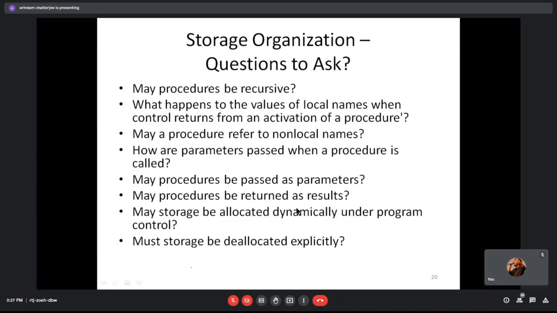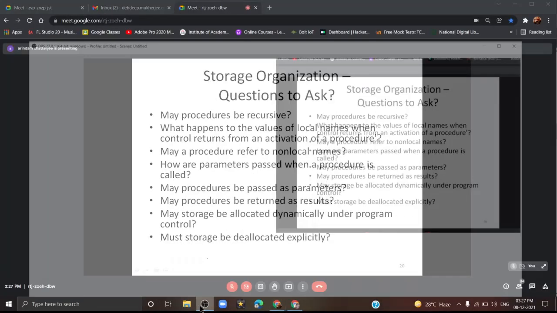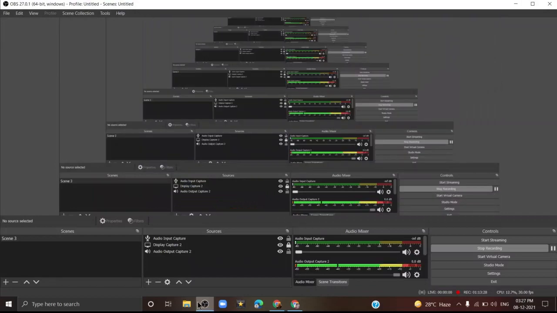If you have a language like Fortran, for example, Fortran doesn't allow recursion. In Fortran, there is no concept of stack. I'm talking about the basic Fortran. Now they have an advanced version of Fortran where all these features are included. So all the primitive languages, the first generation of languages, didn't support recursion because the compiler designers did not include stack support. That's the only reason.